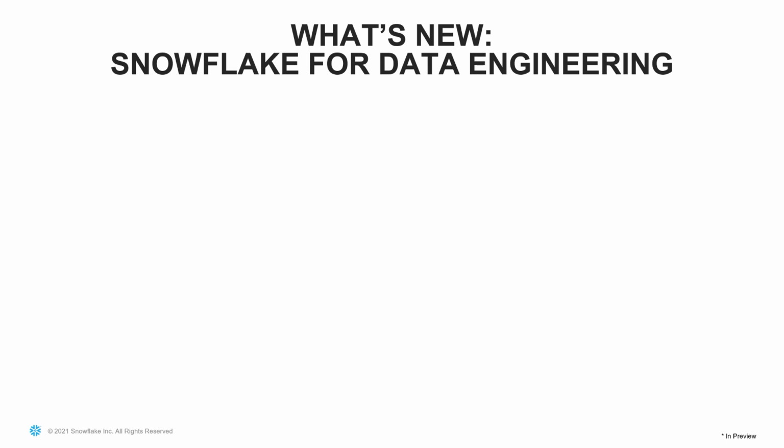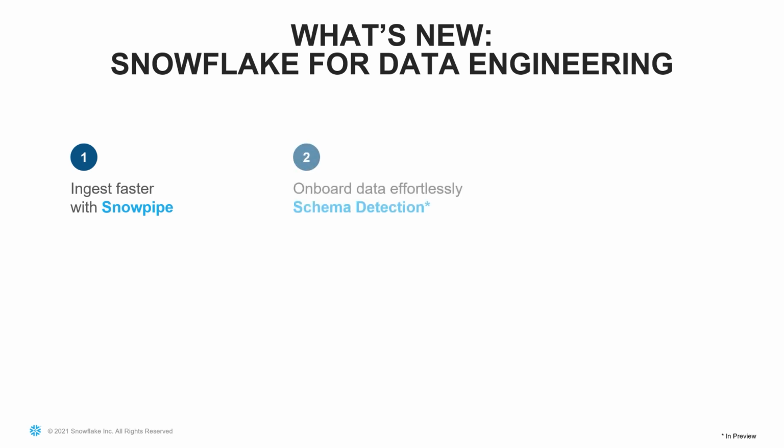So as we continue to innovate, we are going to focus on what's new since the June 2021 summit. So there are 6 things that we are going to focus on today. The first being the ingestion performance. Now with SNOWPIPE, we announced the ingestion performance improvements from June. We will talk about what we are experiencing with those improvements in place, how it affects latency for you in your pipeline. The second one is schema detection. Now schema detection makes data pipeline development faster and much easier with automated detection of schema and without you writing DDLs again. The third one is support for unstructured data,